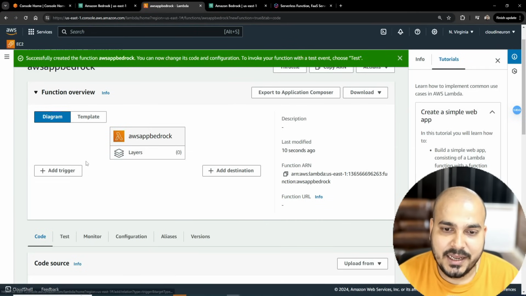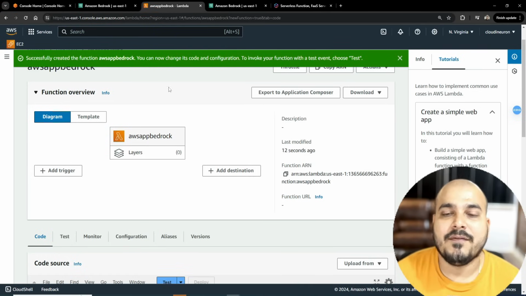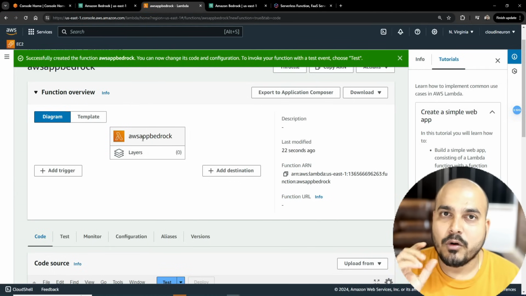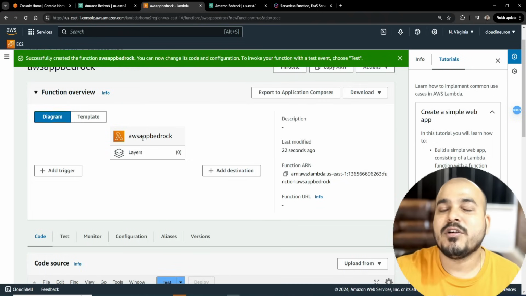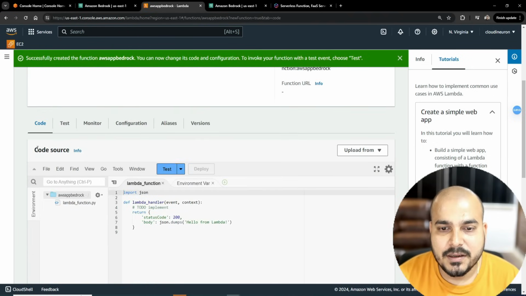Now see, my main aim is that as soon as I create an API gateway, because I need to hit the API, only then this function should get triggered, right? Inside this function, I will write my entire code for how to invoke the AWS Bedrock foundation models and all. If you go down here, you'll also see some amazing things like code, test, monitor,